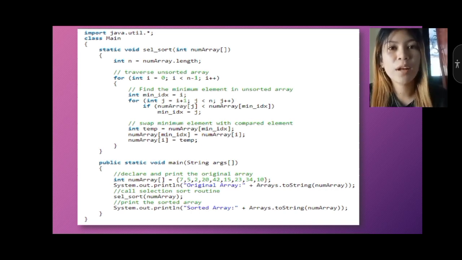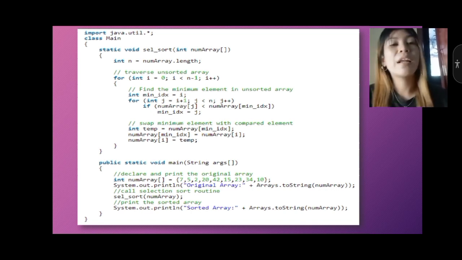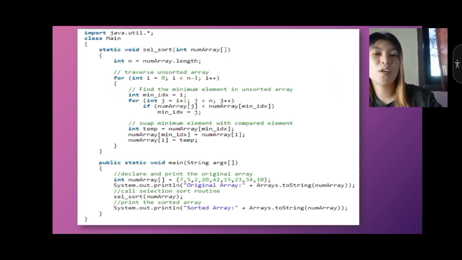for (int j = i + 1; j < n; j++) { if (numArray[j] < numArray[min_idx]) min_idx = j; } temp = numArray[min_idx]; numArray[min_idx] = numArray[i]; numArray[i] = temp; }